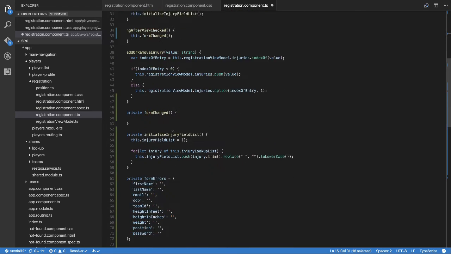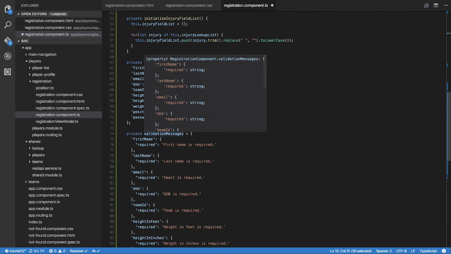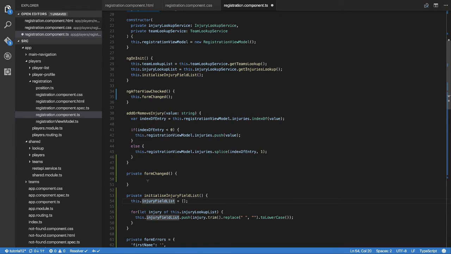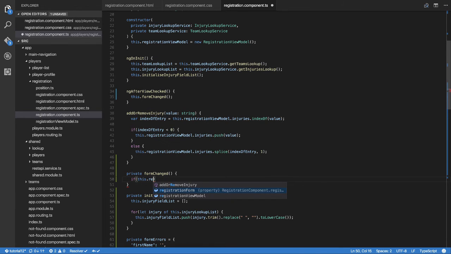Now I want to come back down. I've got all the form errors ready to go. So on form change, right? You might say, "Oh, this sounds fairly pleasant." It's really not, right? So the logic is if this dot registration form,